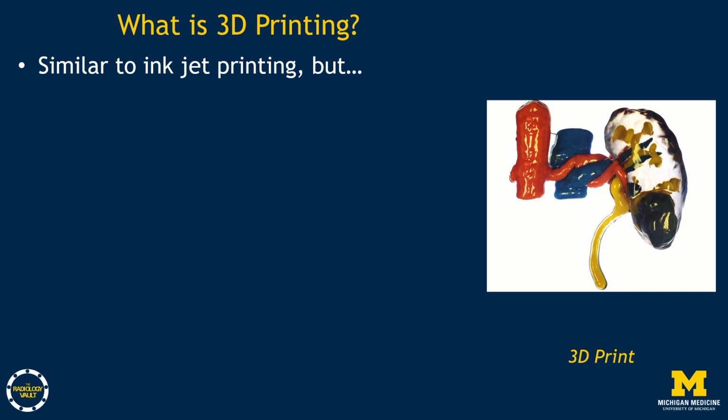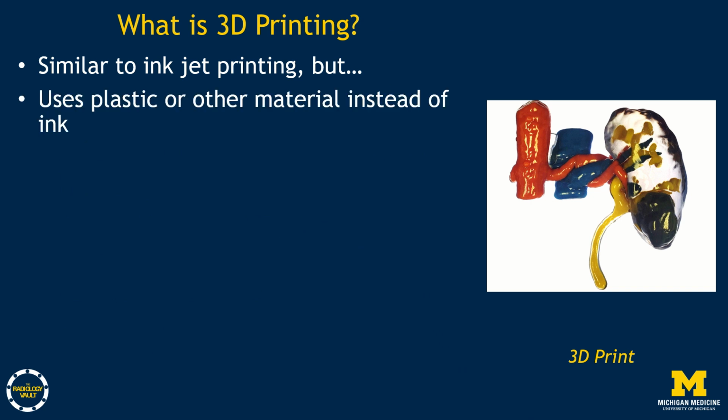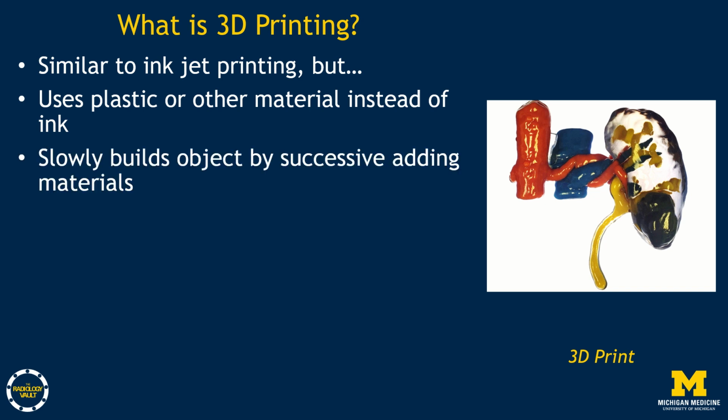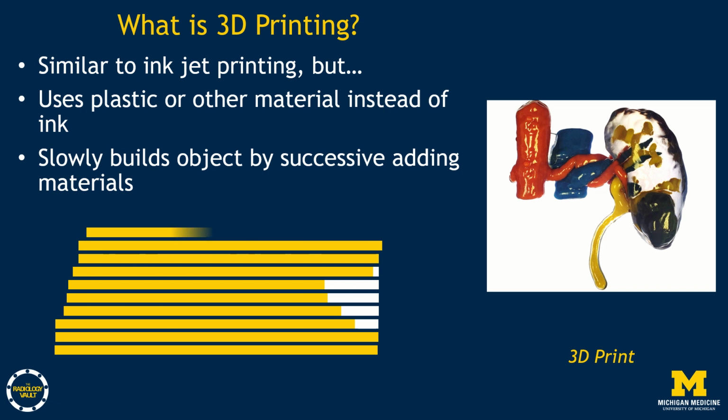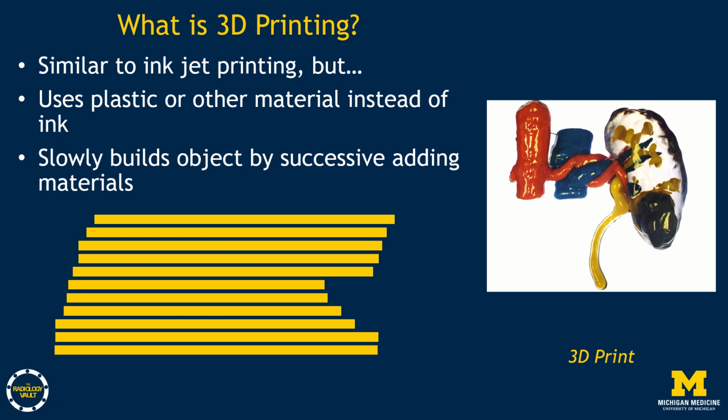Well, it's similar to inkjet printing, but it uses plastic or some other material instead of ink, and it slowly builds an object by successively adding materials. In this case, on a lateral view, the yellow material is added successively. The white material is an area of overhanging edges, which is the support material, which can then be removed, resulting